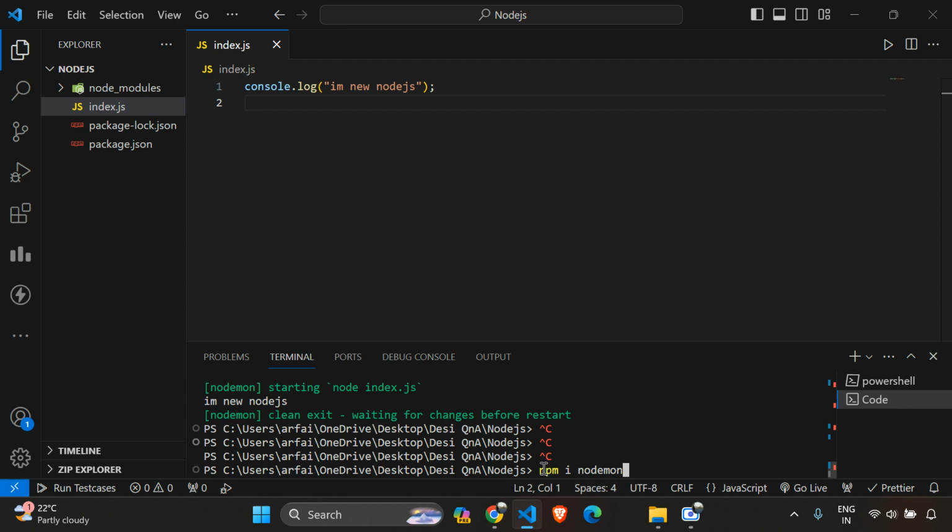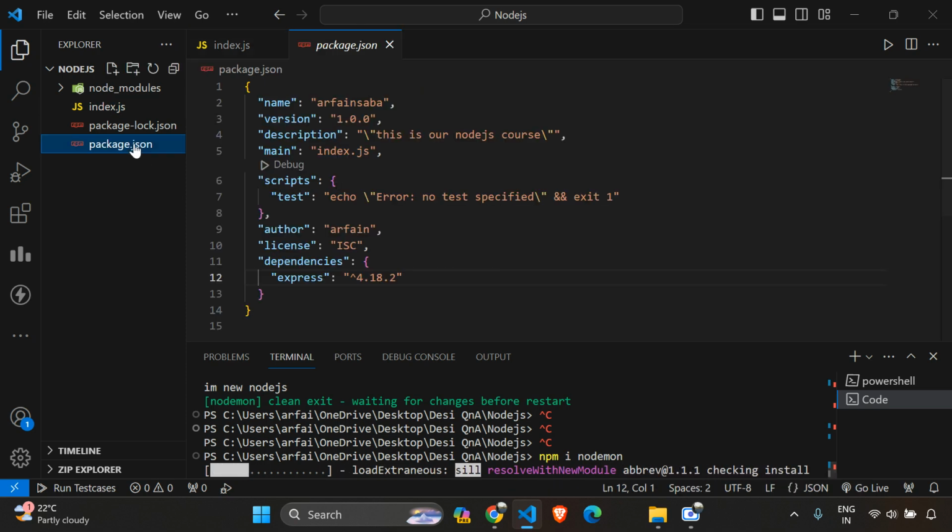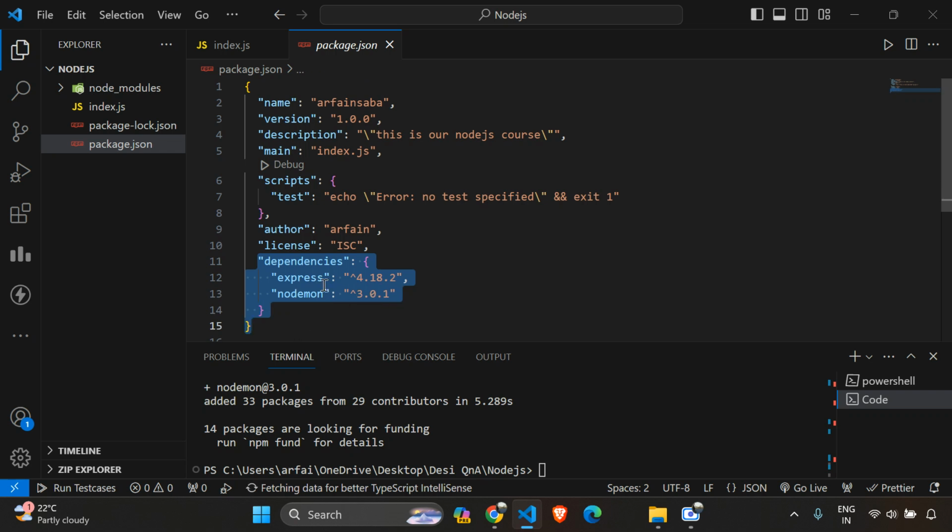Here you can see, using npm i nodemon, you can install nodemon. As soon as you do so, you can see in the dependencies in package.json that express was added, and now nodemon with this particular version has been added.